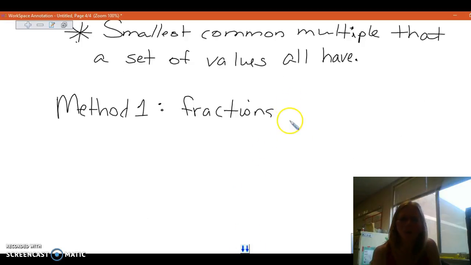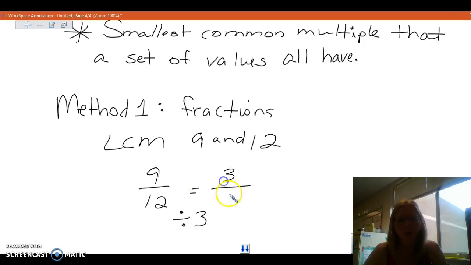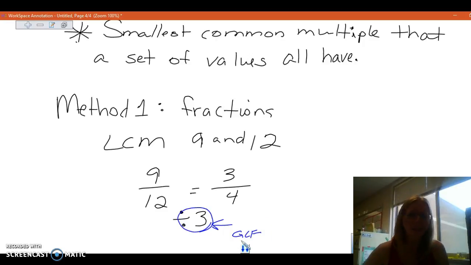You can also do what's called the ladder method in this case, which is basically the same thing. So if I wanted to find the least common multiple of 9 and 12, and if you want to find out more about that ladder method, there are tons of videos on it, so I'm not going to totally include that one in here. But we can think of these 2 values as a fraction first. Okay? When we see a fraction, we always want to reduce that fraction. So after we reduce it, we realize, well, wait a minute, this is our greatest common factor, if we remember right. The biggest value that we can divide both numbers by, that's our greatest common